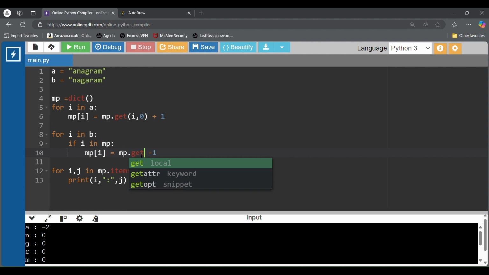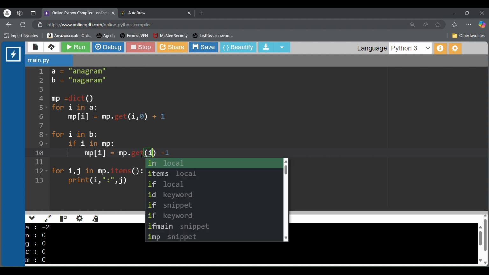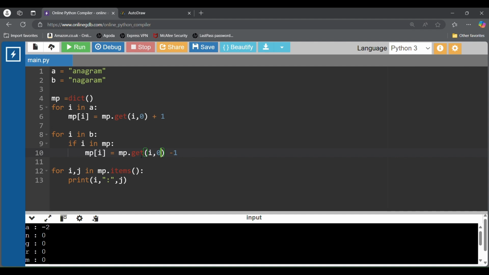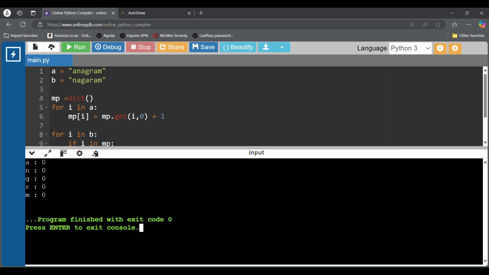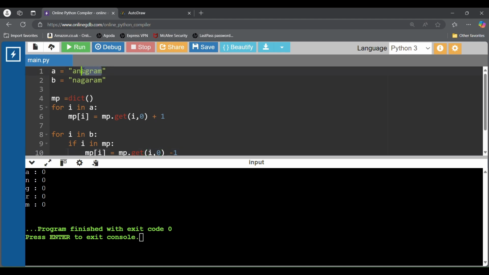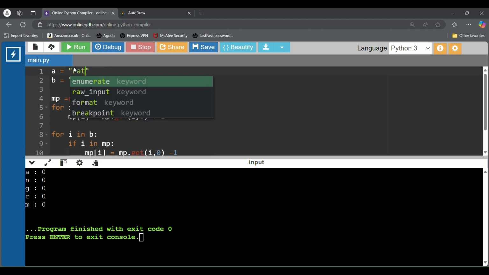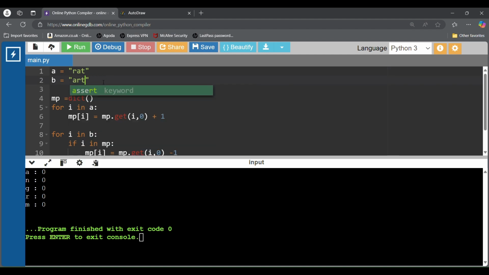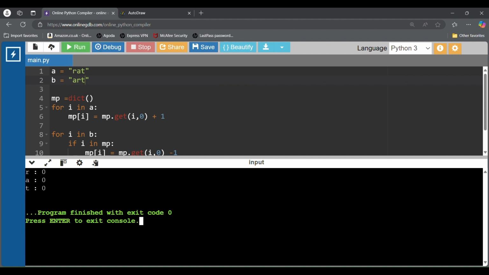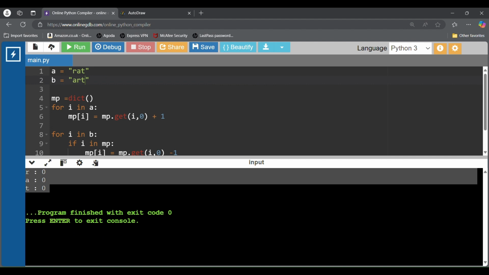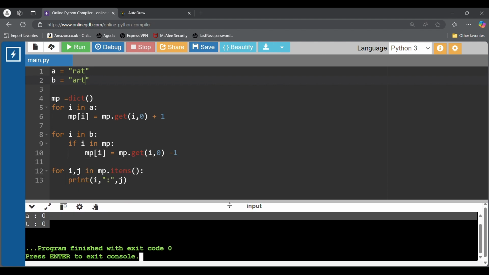MP dot get: get the value of I, and if it's not present, let's put a 0 for that. And if it is present, then let's say minus 1 for that. Let's run this and see what we get. Okay, now I think it's working fine. Let's give some other anagram like rat and art. Okay, let's see what it is. So this is exactly what I'm expecting. So now how can we say? So now instead of printing